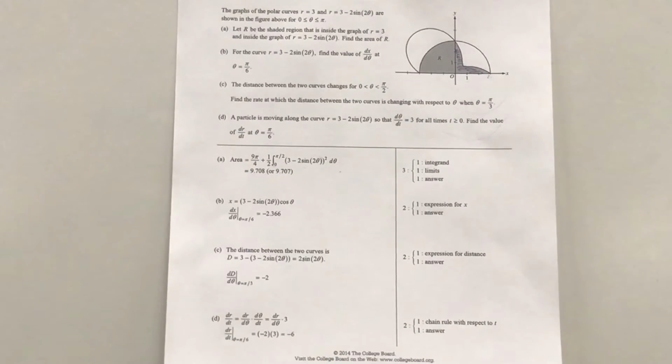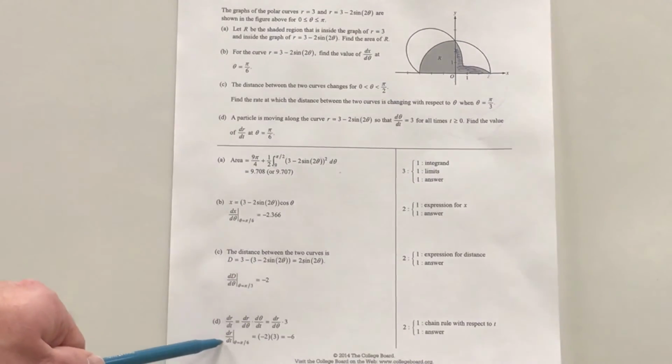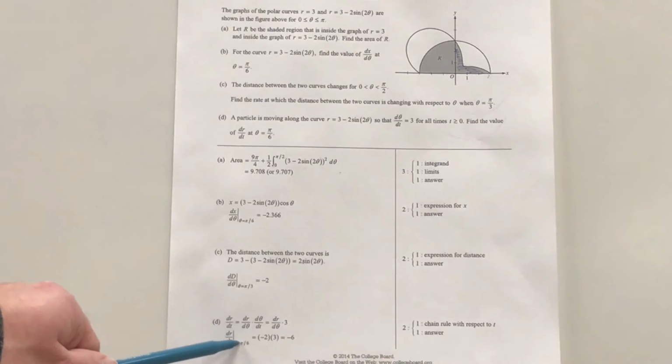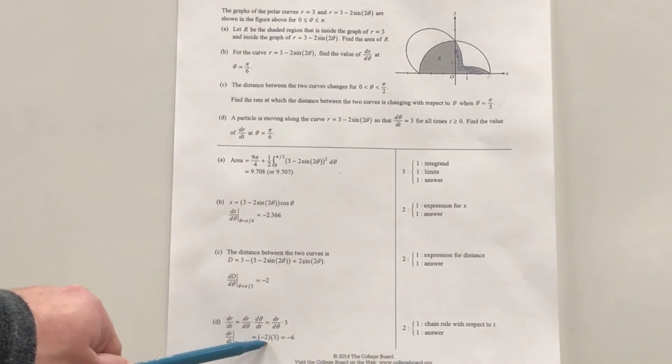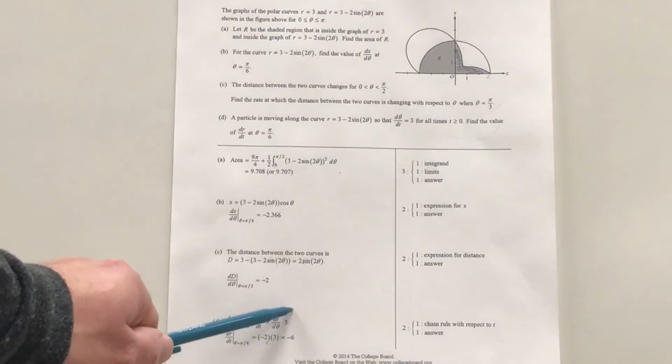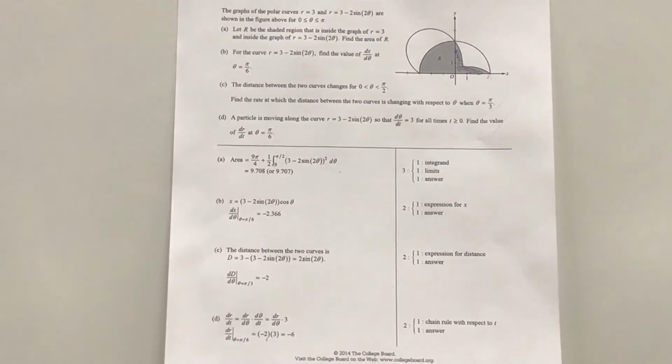So you can find dr d theta without too much trouble here because everything's already in terms of r and theta. And then they tell you d theta dt is always 3. So you evaluate dr d theta at pi over 6, you get negative 2. Again, just let Math 8 do that, and then you multiply that by 3 and get an answer of negative 6. So I'd say part D is a pretty strange thing to ask,